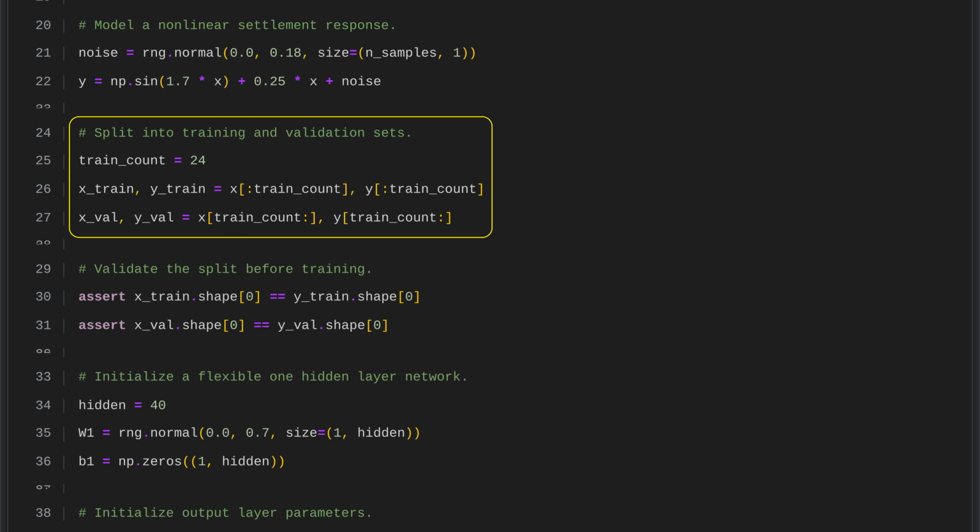The dataset is split into training and validation portions. The first 24 samples are used to train the model, while the remaining samples are reserved for validation. This lets the model learn from one part of the data and then be evaluated on unseen data to check